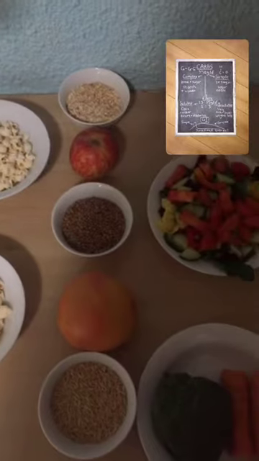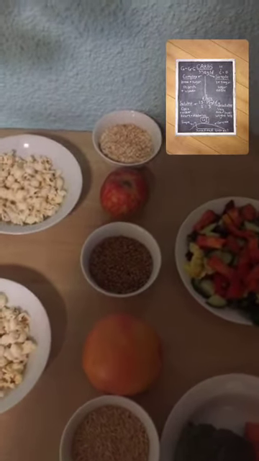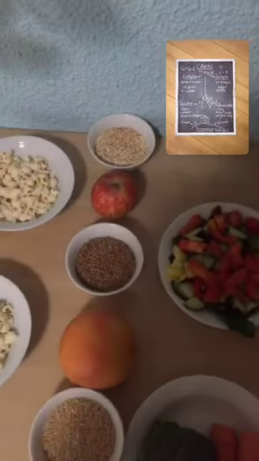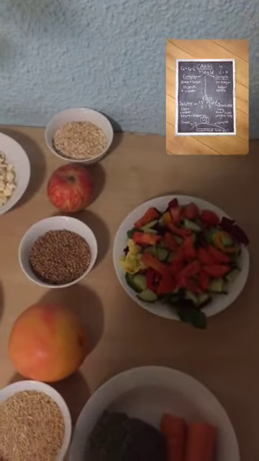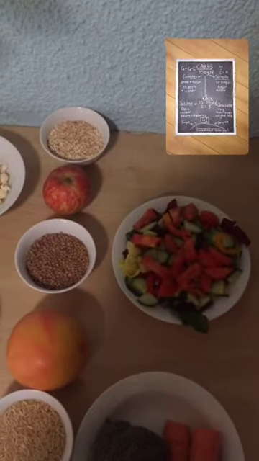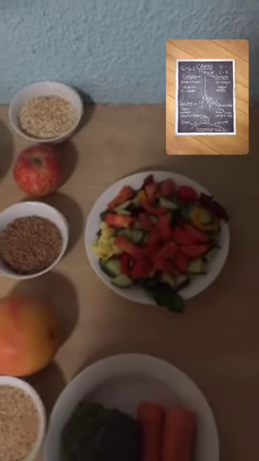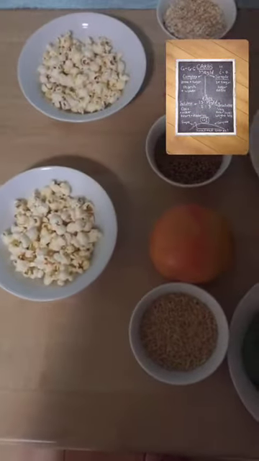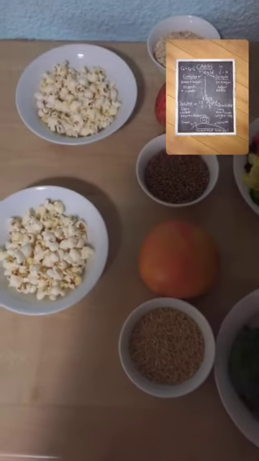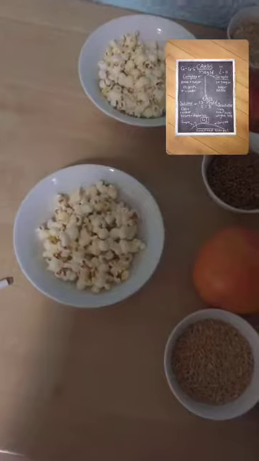Then for lunch you have half a cup of lentils, which will be a complex soluble fiber, and you will have 2 cups of mixed salad greens, which will also be a simple and complex mix of fibers. And then as a snack again, an orange, which is a simple soluble fiber, and 1.5 cups of popcorn again,